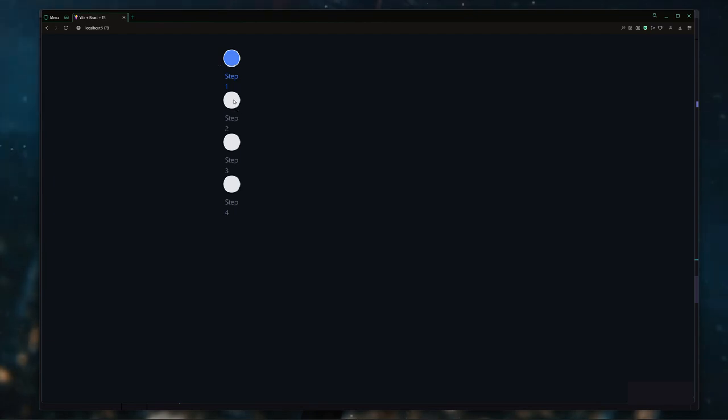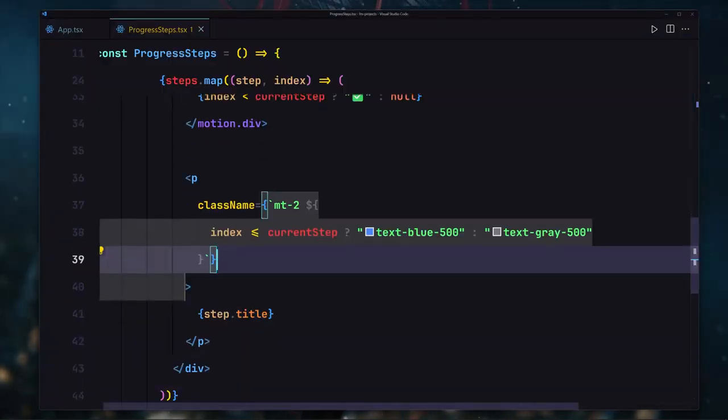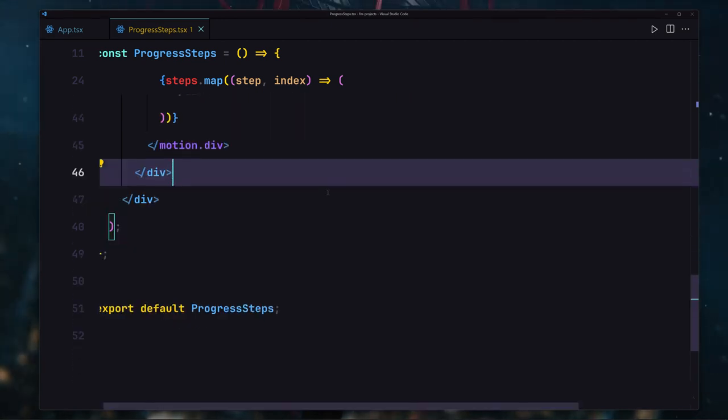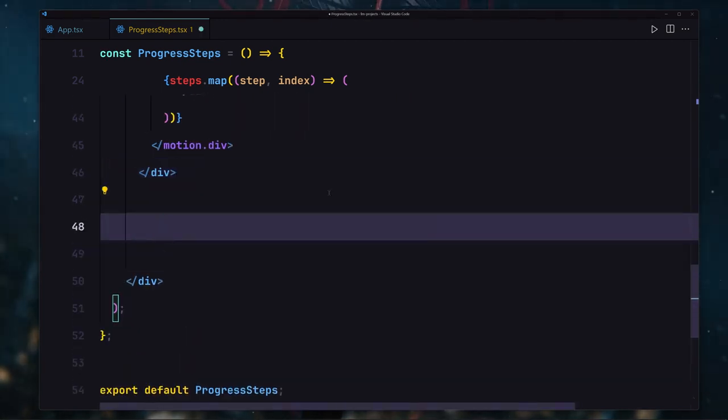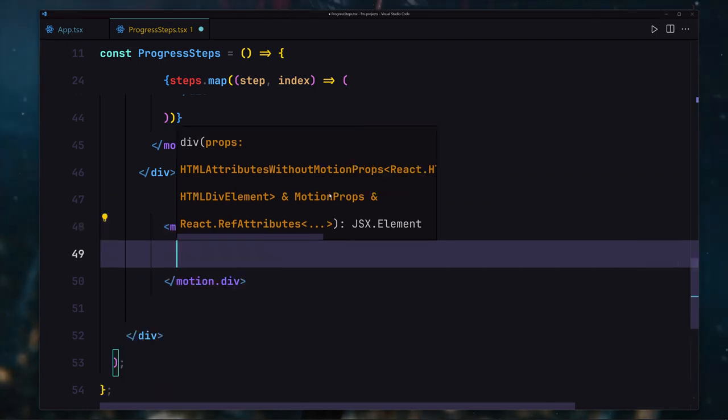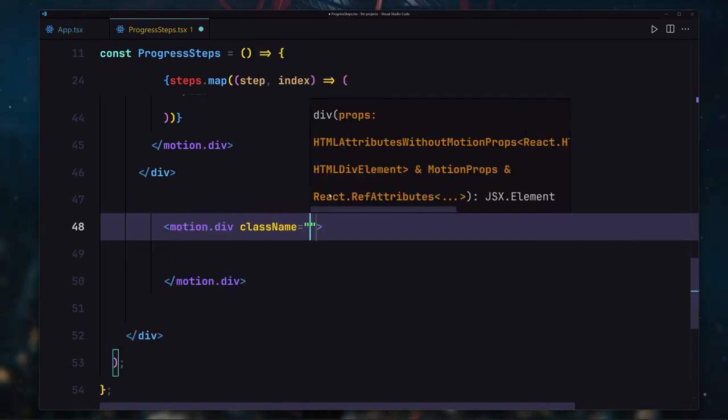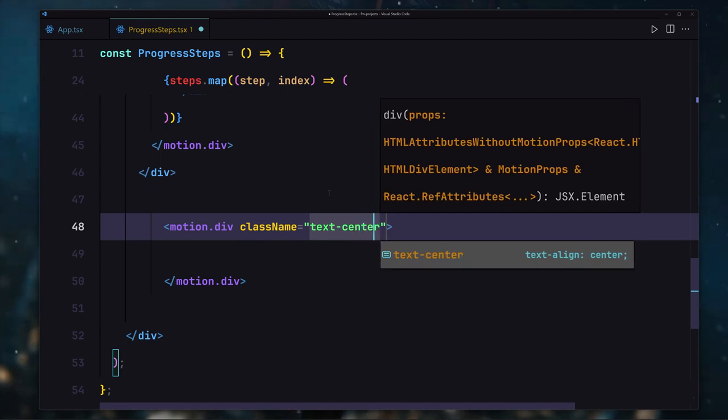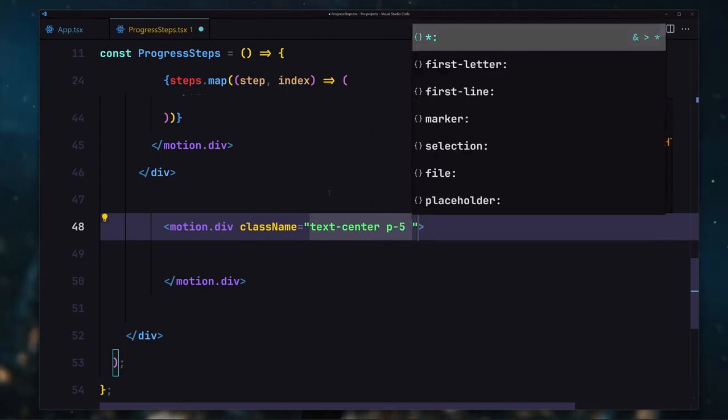So we are now getting this awful looking UI. We will fix that in a few seconds, but yeah, we have to take care of this UI first of all. Underneath this div we are going to be defining our motion div once again. So I'll use like motion.div, close there, and here inside there first of all we have to provide a bit of classes to this. So I'll use like text of totally center, padding all around of 5, and the width will be set to